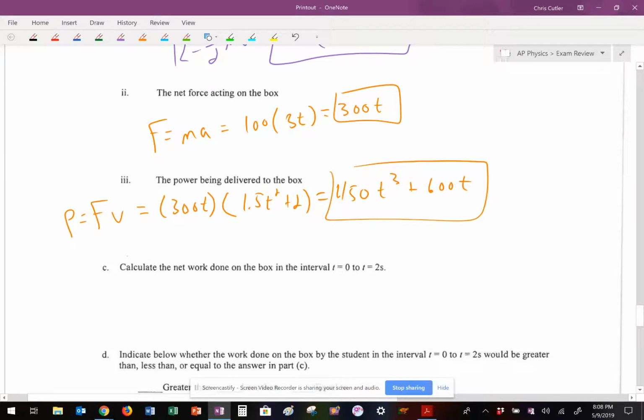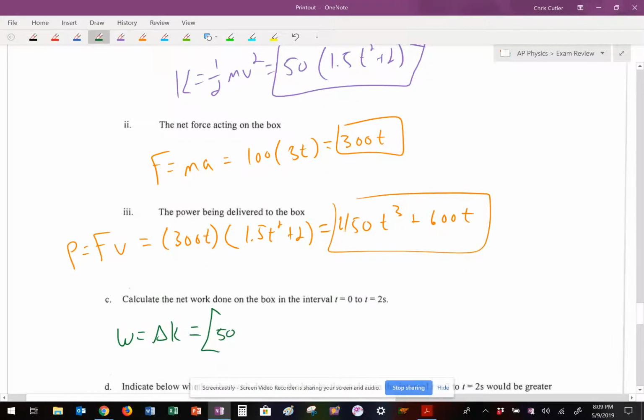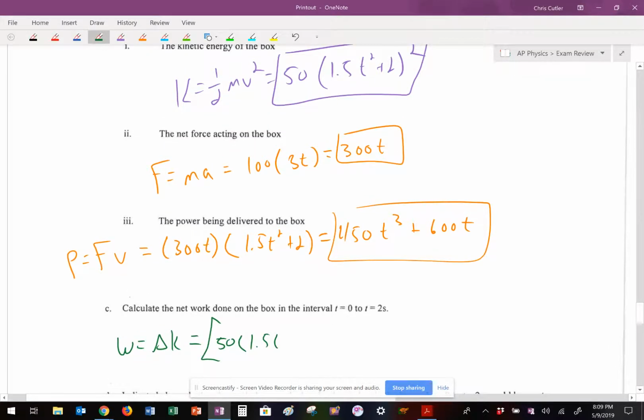It then says calculate the net work done on the box in the interval of t equals 0 to 2 seconds. This is where you hopefully remember that work is equal to the change in kinetic energy. It's one of the big ideas. Hopefully you remember me teaching that. So that would be, initially to finally, and I'm going to write it out the way I have it, our kinetic energy was 50 times 1.5 times t squared, t is final 2, squared plus 2, all of that squared,